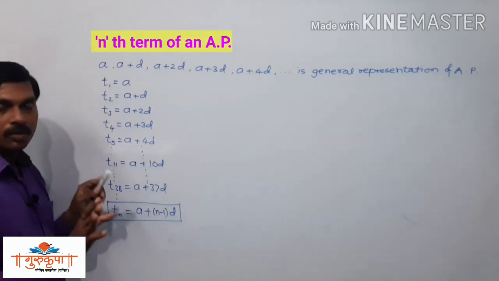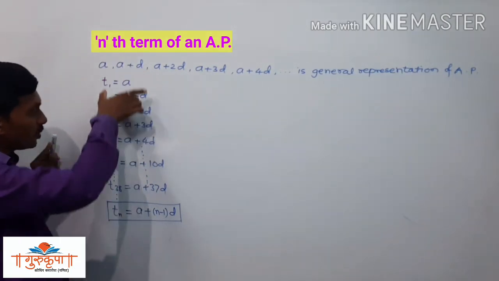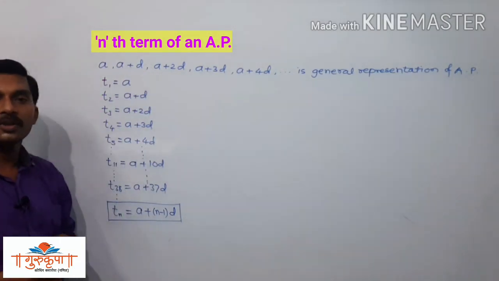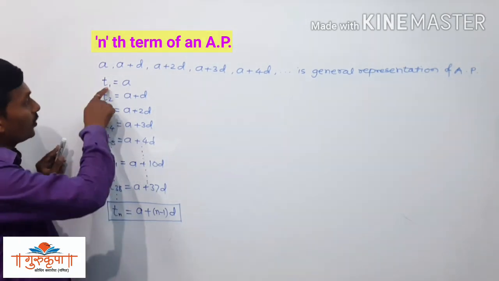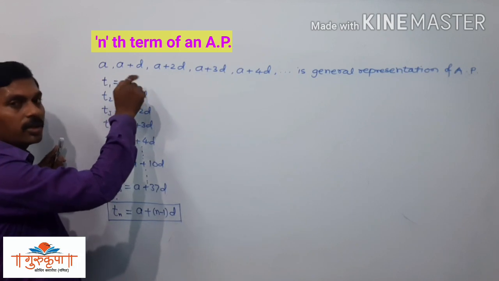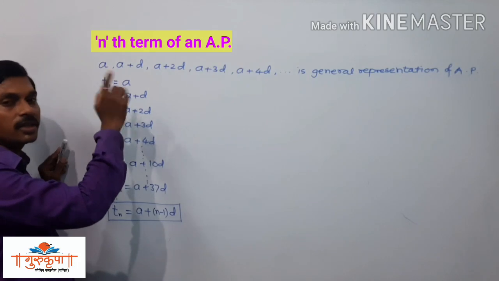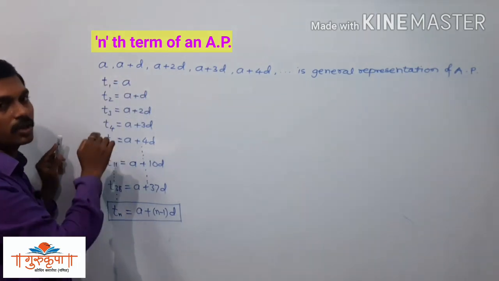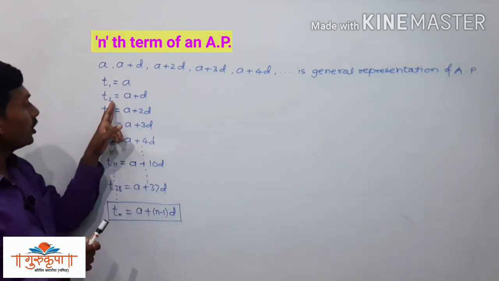And we can easily get the formula. No need to learn that formula by heart, because if we observe each and every term of this general representation, we will simply get this formula. How do we write the first term? T1 is equal to a plus 0d. Actually 0d is there, but 0 into d is 0, and if we add 0 to any term, we get the same term. So d is not written there. Then we have a plus d.